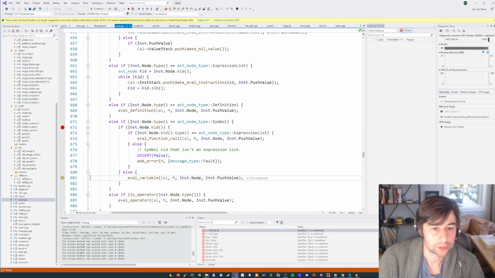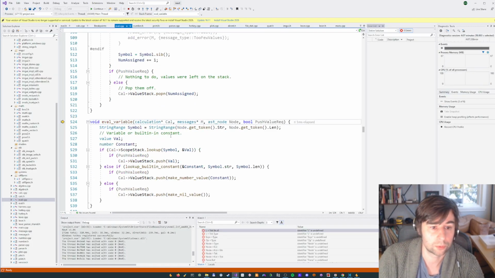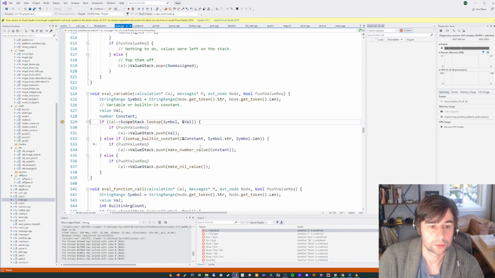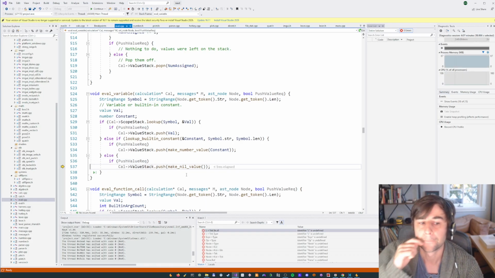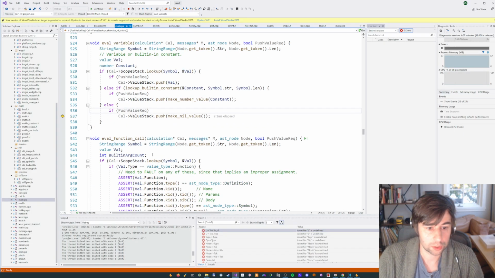Okay, so basically it's getting the X value and then it doesn't have any kids. So then it tries to eval the variable. It attempts to do a lookup. The lookup fails. So then it just doesn't do anything. Just like, oh, it looks for a built-in constant. And then it just pushes it. Okay. So here probably we could do a